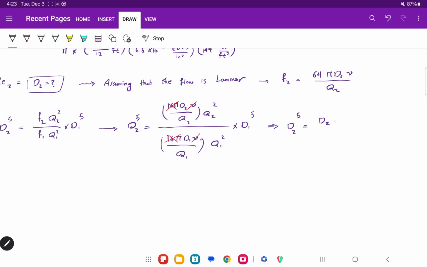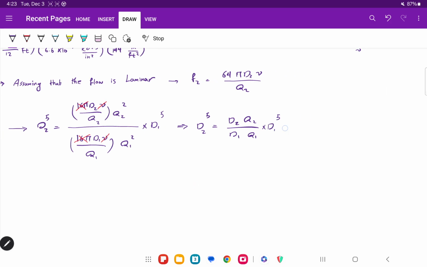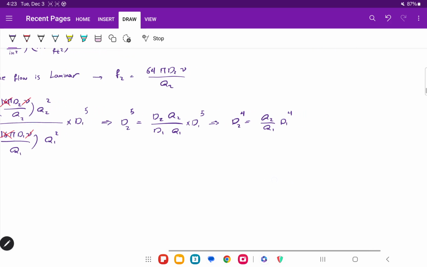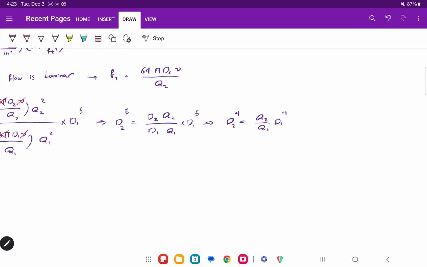d2 times q2 over d1 times q1 times d1 to the power 5. So d2 to the power 4 equals q2 over q1 times d1 to the power 4. And now you have everything, so you can find d2. How? d2 to the power 4 equals q2